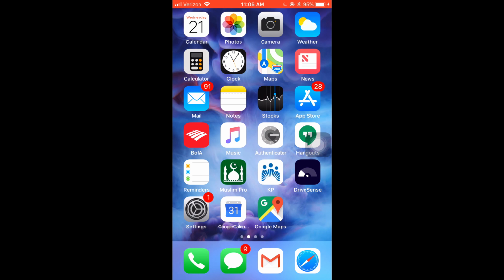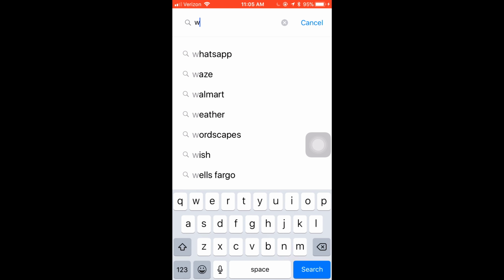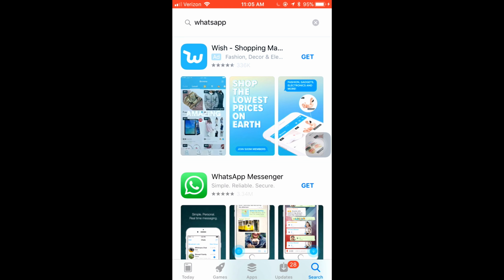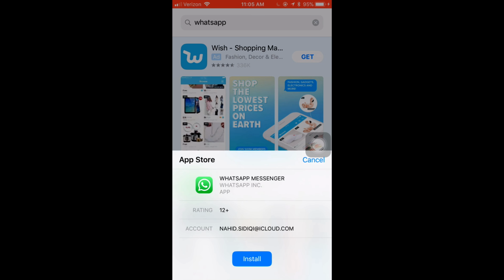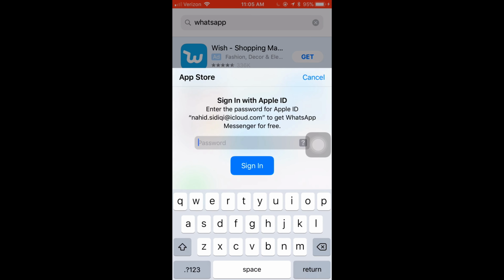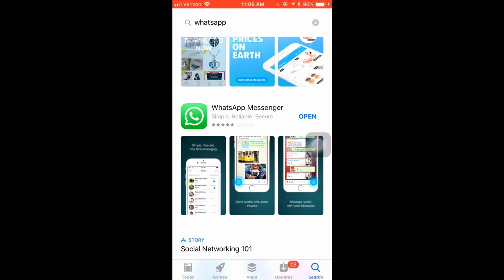Now that we have everything set for us to be able to download apps, we're going to go right into the App Store and we're going to type in WhatsApp and we are going to download it and install, and you're going to need to enter in your Apple ID password. And once it's done downloading, we can click open,